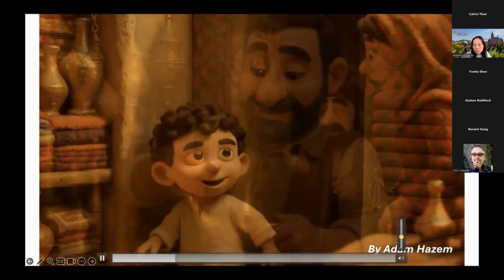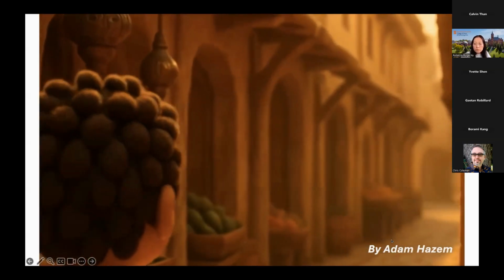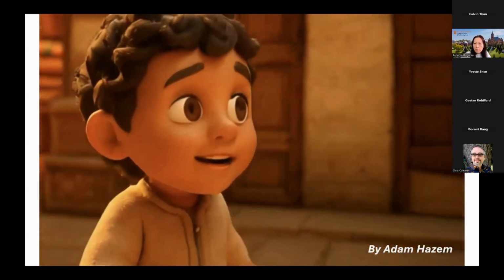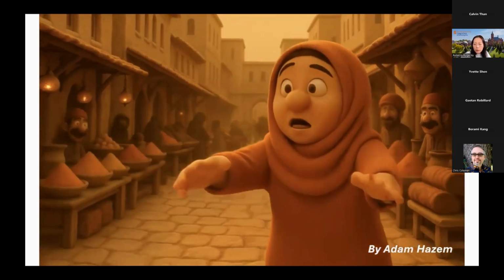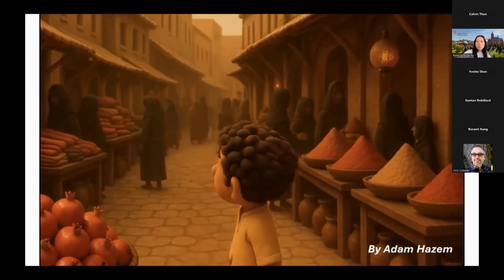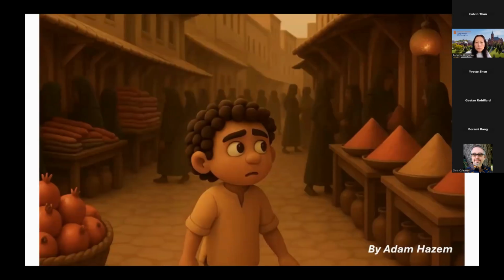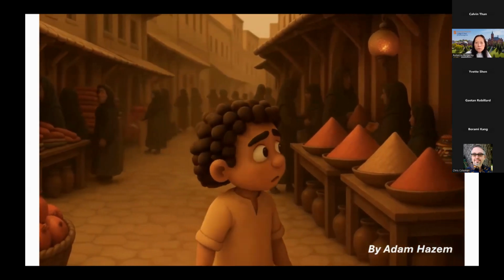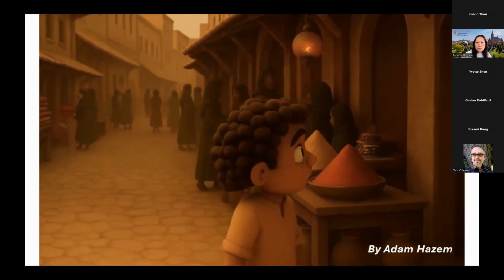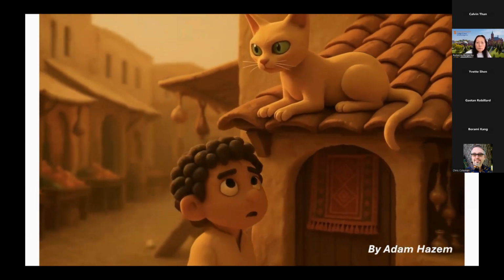As they passed through a shop, Yusuf spotted a shortcut he had seen before. It was a narrow alley leading straight to his father's shop. Raced with excitement, let go of his mother's hand and darted down the alley. But when he emerged on the other side, the bazaar looked different. The familiar rug shop was nowhere to be seen. Stalls filled with copper pots, silk scarves, and piles of pomegranates lined the way, but none of them belonged to his father. A soft meow caught his attention, a sleek golden cat with bright green eyes sitting on top.